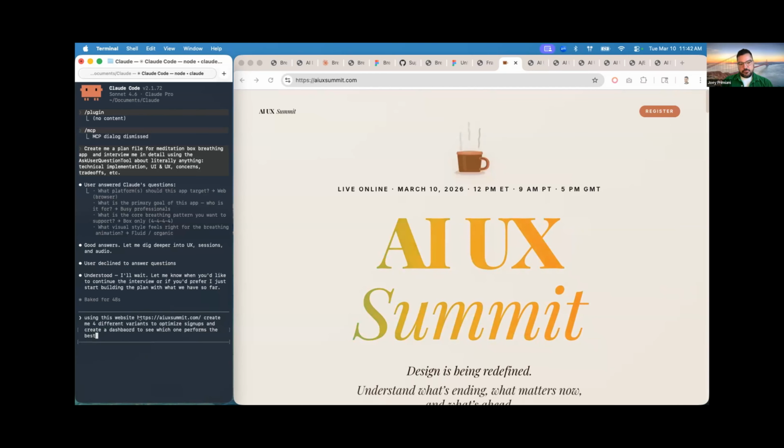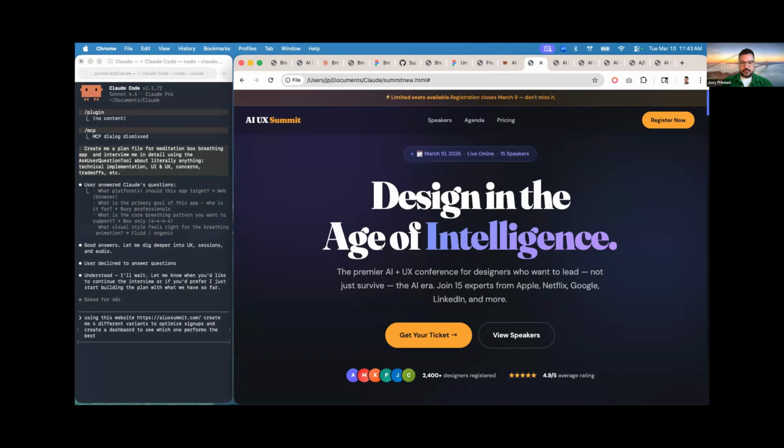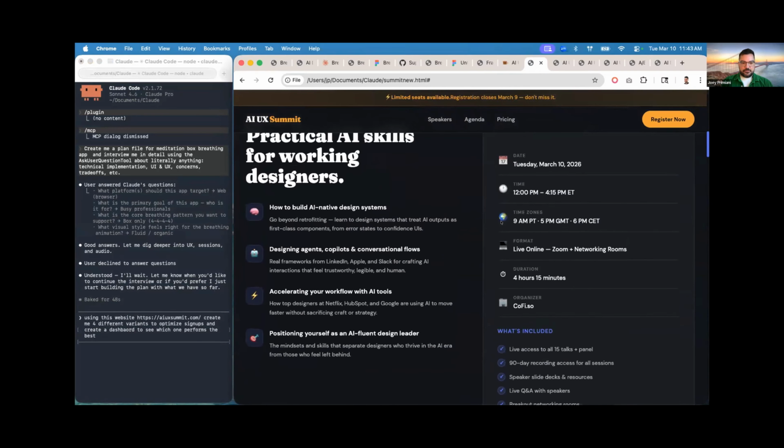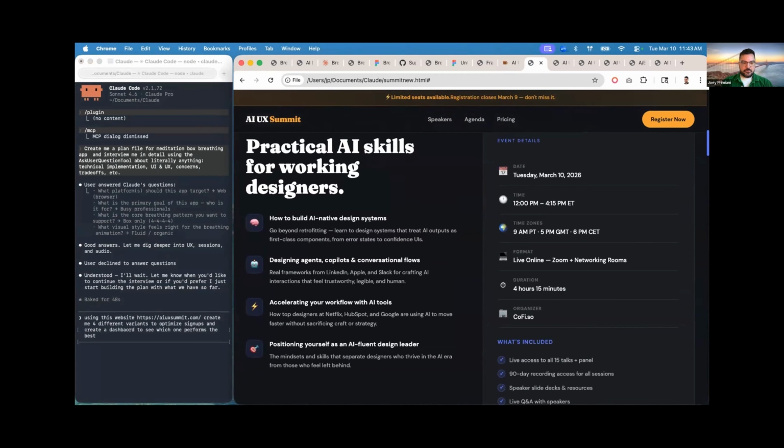And so I've done that before too, and it creates a URL and it creates multiple different prototypes that you see here for different styles of landing pages, different visual directions. You could see that it's also added the liberty of showing how many people signed up, some more social proof, testimonials, and being able to also fill in the gaps of some questions that people might have about the